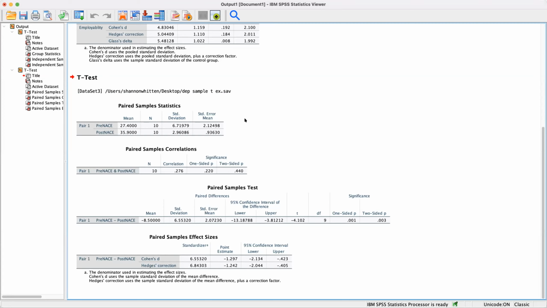Yes. Good. Okay, so where would we look here to tell if there are statistically significant differences between the pre-test and the post-test? The p-value, right? Which one would you pick for our one-tailed test, our directional hypothesis? 0.001. Yes. So if you have a one-tailed test, or a one-sided p, if you want to use SPSS parlance,